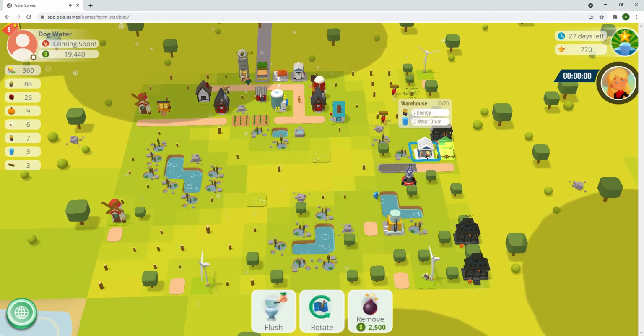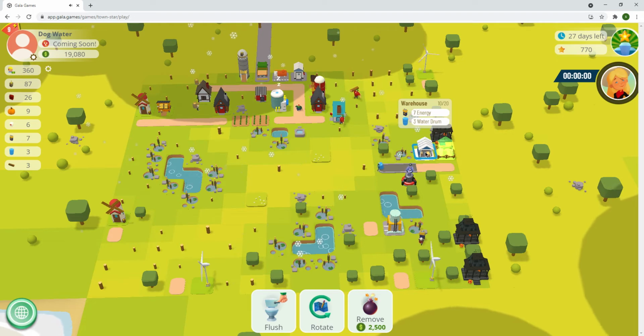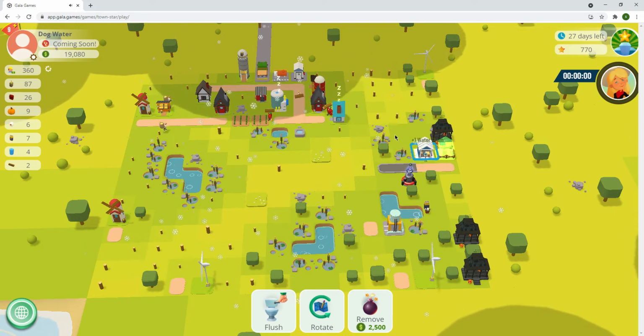So last month, things will change a little bit from time to time. Like last month, when you sold your batteries, it gave you 5,000 stars. So right now, it's only giving you 10. So